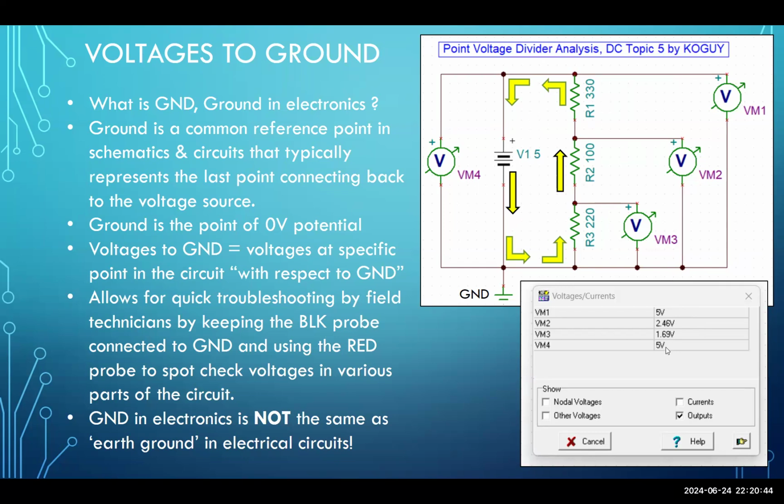So a voltage divider network such as this allows for quick troubleshooting, as long as you know what voltages need to go where and how that's determined. All right, let's go to the next one. And as in review,